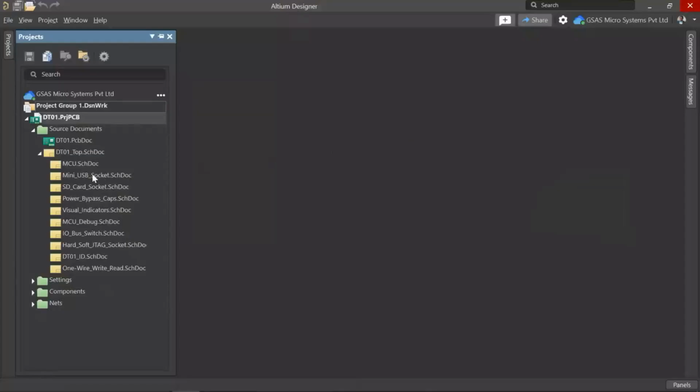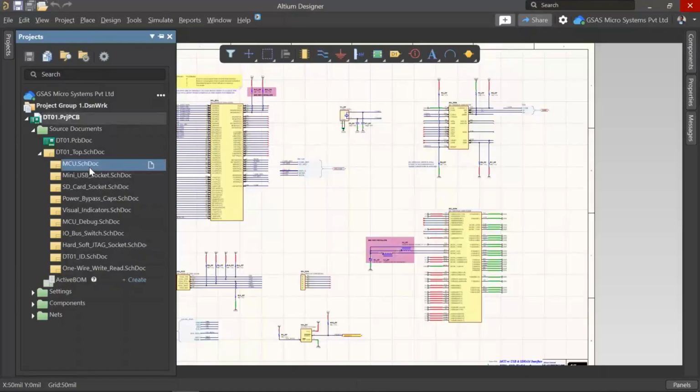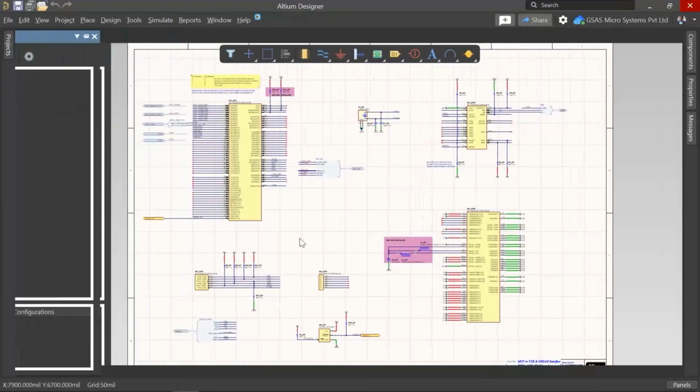Yes, this is Altium Designer. I have a schematic over here. In the latest version of Altium, we have got a document view editor, but I don't know how many are comfortable using the document view and design tool editor. So that's why I'm still showing the older version of the design tool.